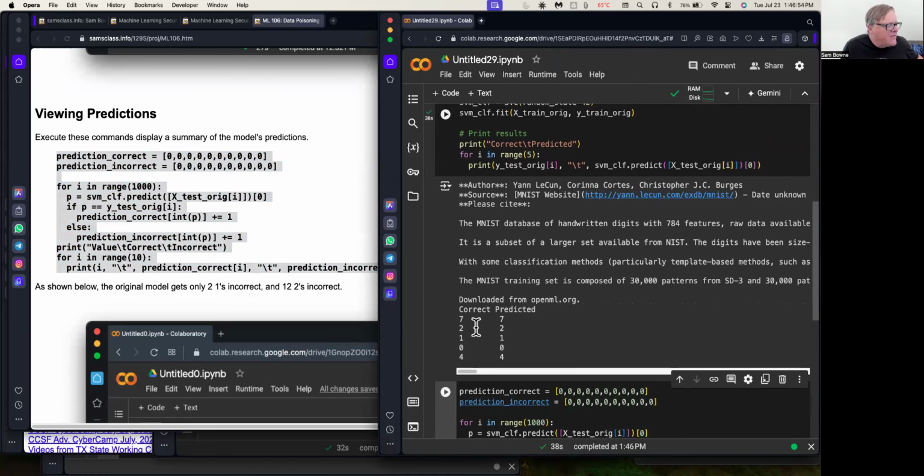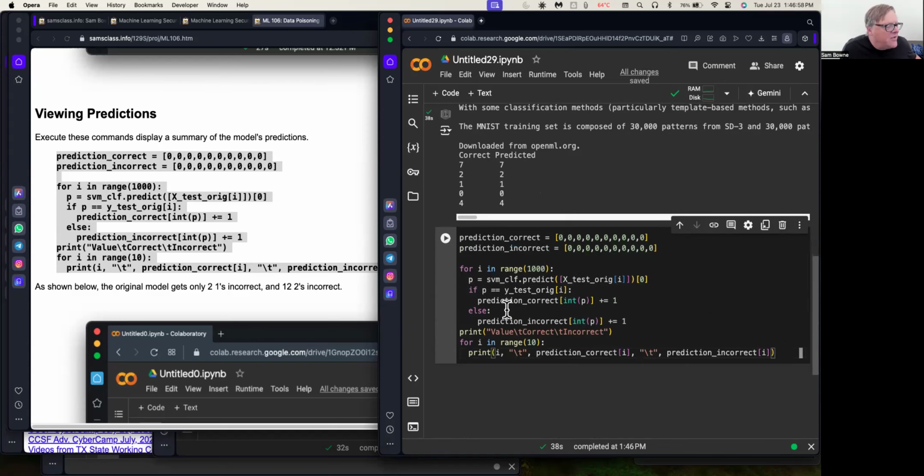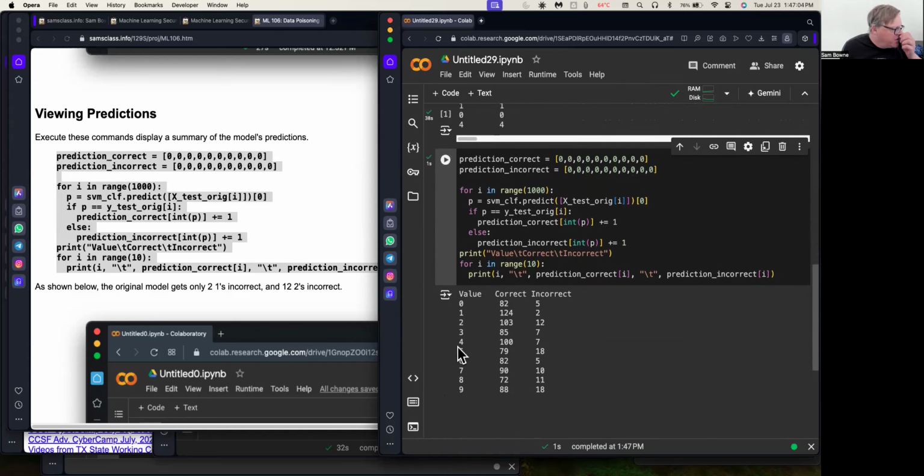Okay, there we have some predictions, correct and predicted. It looks like it got all of the first 5 correct. And this shows how many it got correct. Here's how many mistakes it made for each of the right values. So you see, it's pretty good. It only got 2 1s incorrect. The important thing here is that it got 2 1s incorrect and 12 2s incorrect. And we're going to try and confuse this model